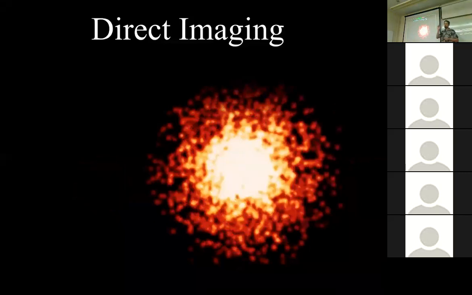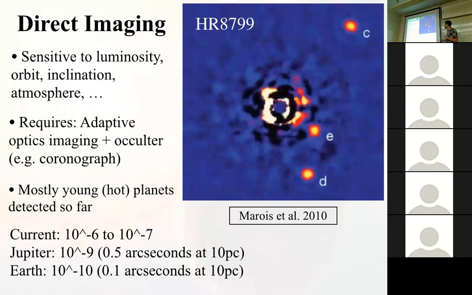And as you block out the light of the star, you can see the reflected light of the planet. And you can measure that, first of all to detect the planet, and second of all to characterize it. All the other methods were indirect, right? We only measure indirectly what the planet does to the star. So direct imaging is very, very powerful because you can actually measure light from the planet.